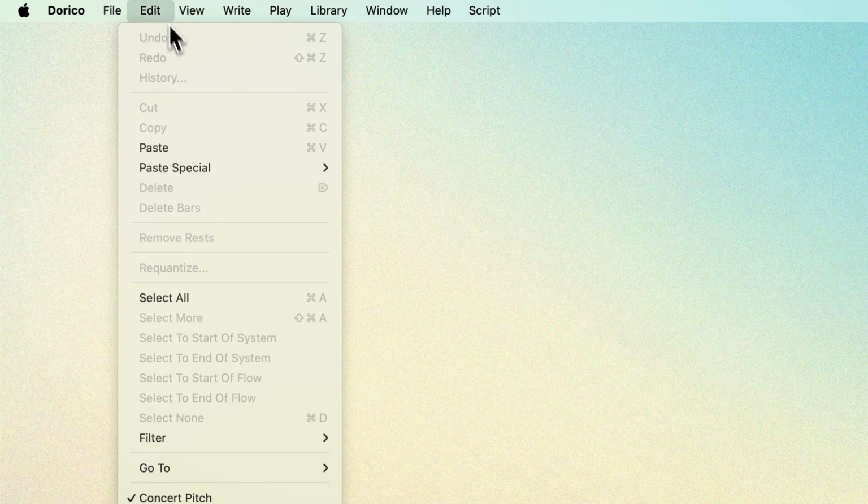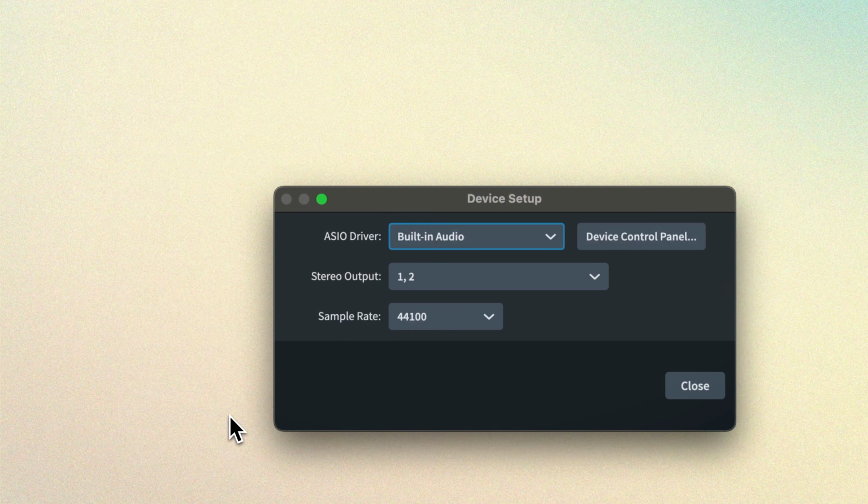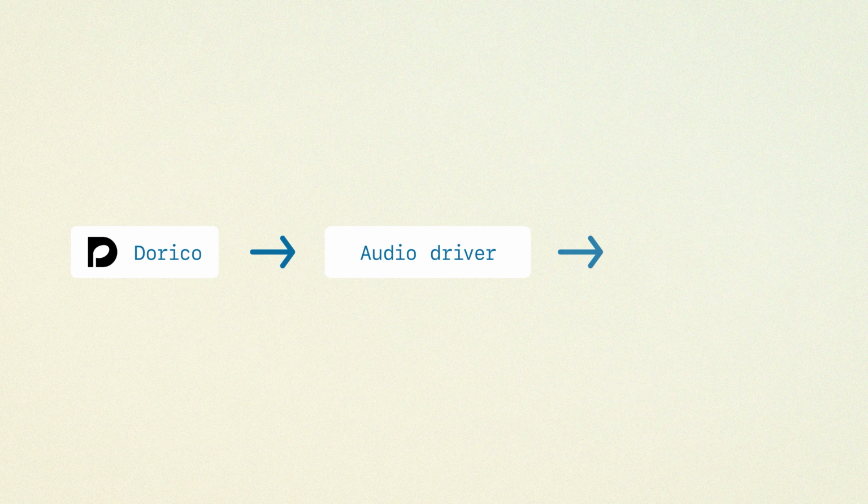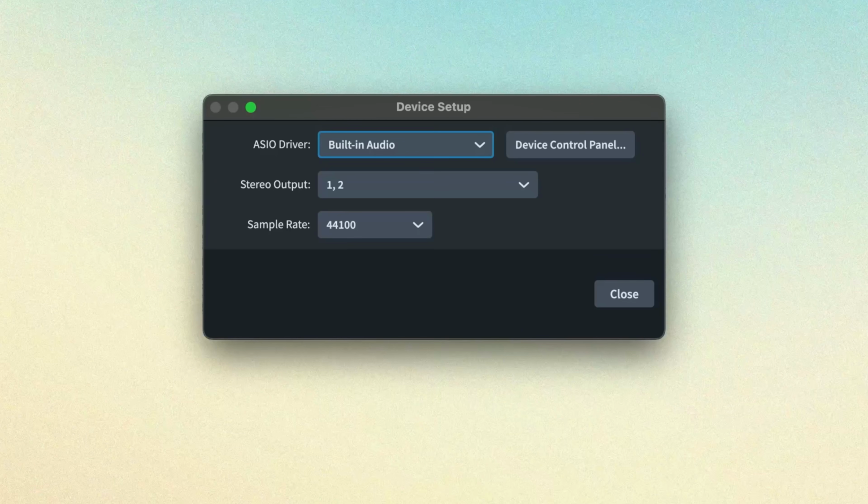Now, let's check that Dorico knows what to do with the sound it's generating. If you open the Edit menu, you can find Device Setup. It may be that you wish to use your computer's speakers or headphone output to hear the sound made by Dorico. macOS has a special little piece of software known as an audio driver for this very purpose. It will take care of getting Dorico's audio output to your computer's speakers. So if that's you, you're just using your computer on its own to run Dorico, then let's look at the